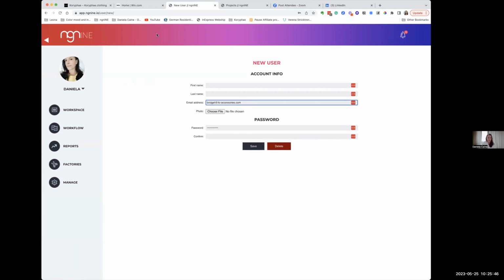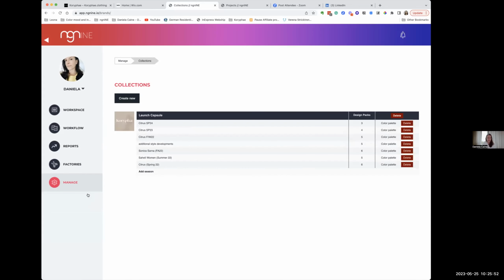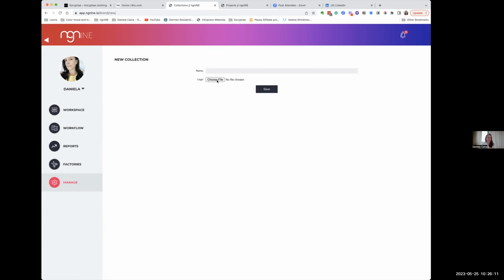And then here you can bring in users, very easy. You just add a user like this. It's that easy. And then here, the collections. This is where you're setting your color palette. And here is where you can add seasons or full-on collections, right? So if I created a collection and I'm going to call